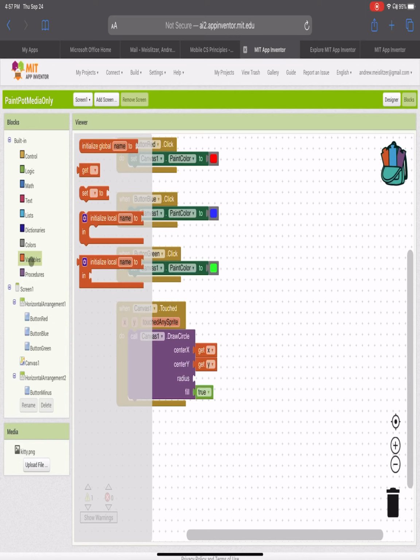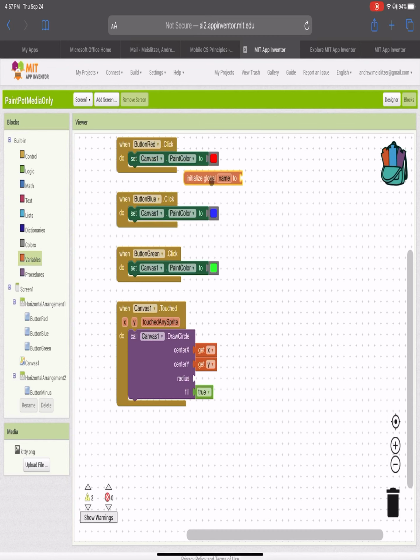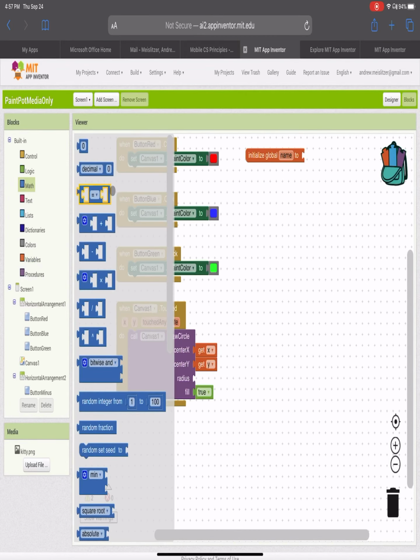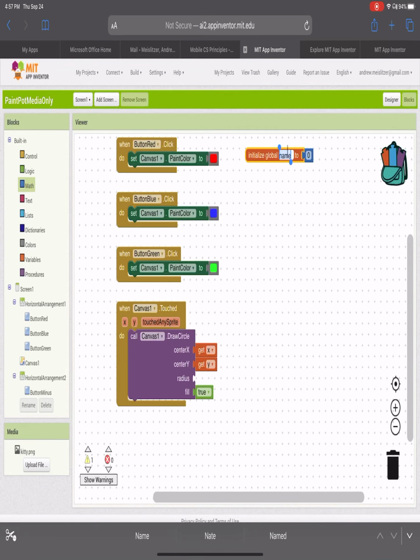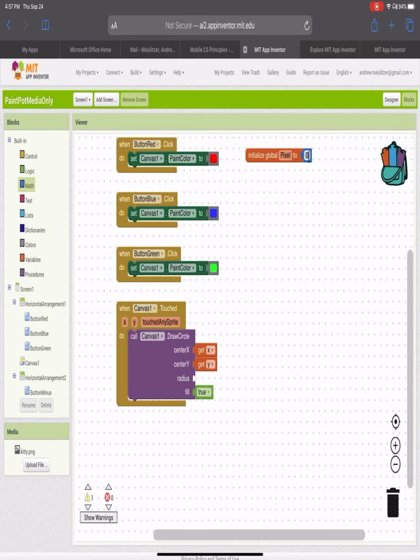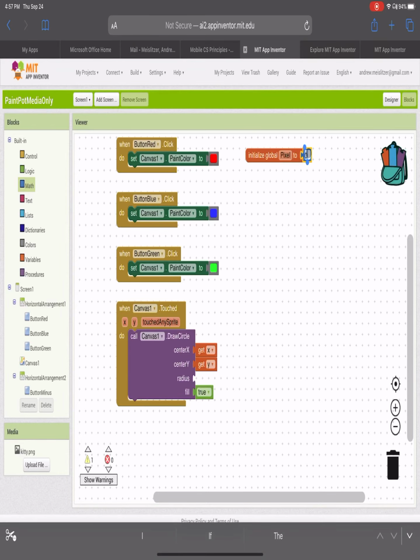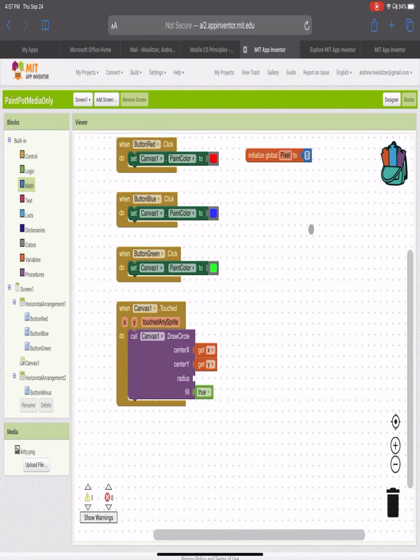So the first thing I need to do whenever I use a variable that's going to be impacted across the entire code is initialize my variable. So I'm going to pull initialize global name out, and then go into the math tab, pick out that number, and plug it in. I'm going to change the name. So instead of saying name, I'm going to put the word pixel. And then instead of 0, I'm going to change that to a 5